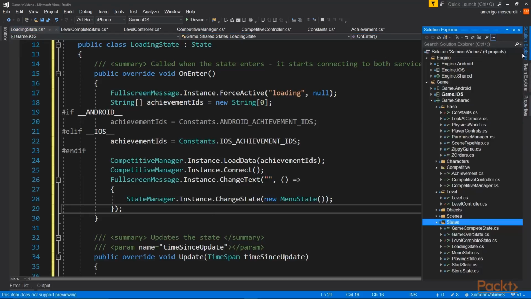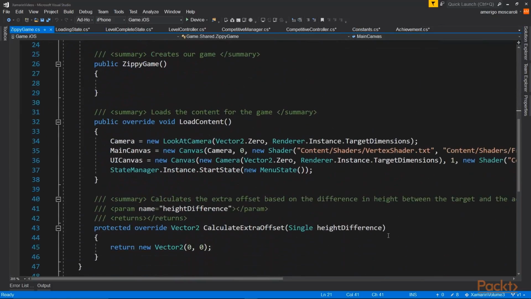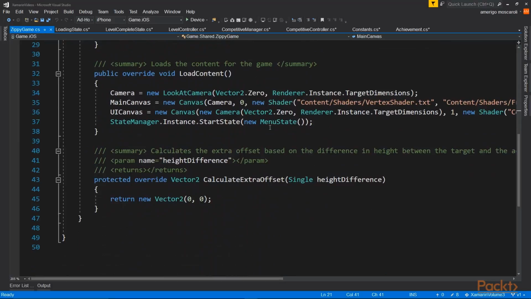Finally, we need to make the game start in the loading state. So, let's open up the Zippy game class in the base folder. Go to the load content method, and in here where we create the new menu state, instead create a new loading state. So in summary, we now have a base for the achievements. We have a competitive manager which interfaces with the relevant service to update